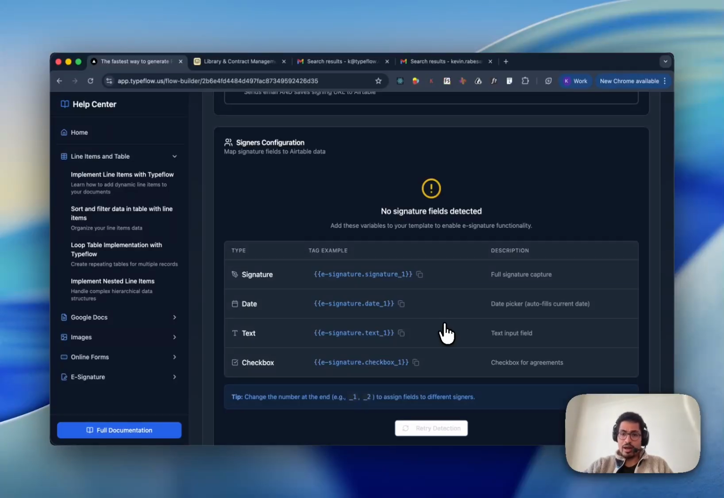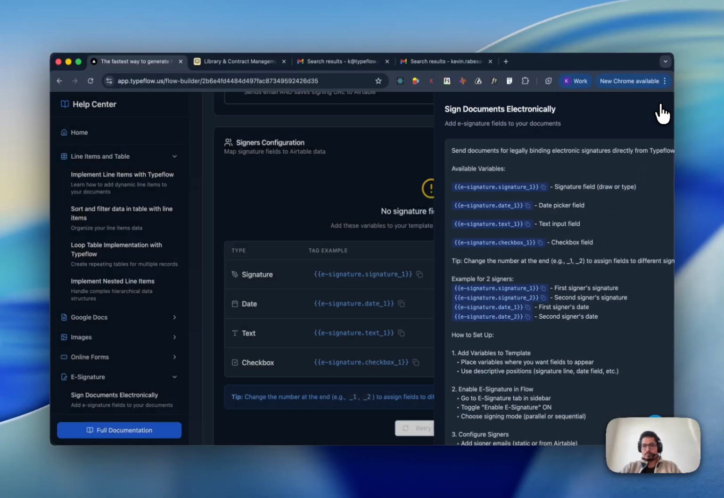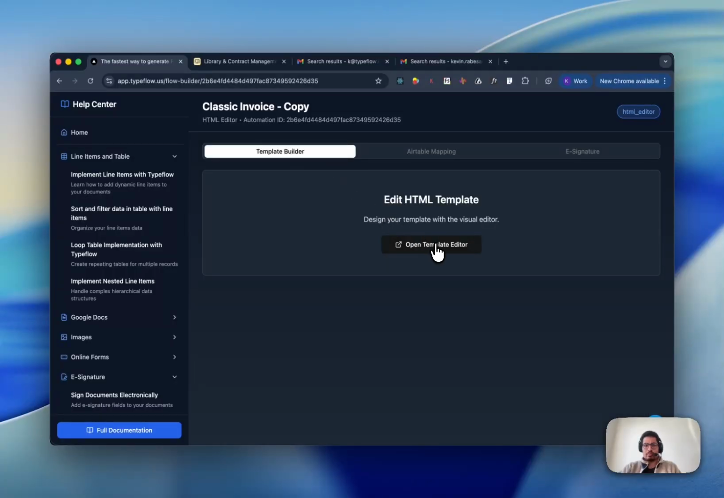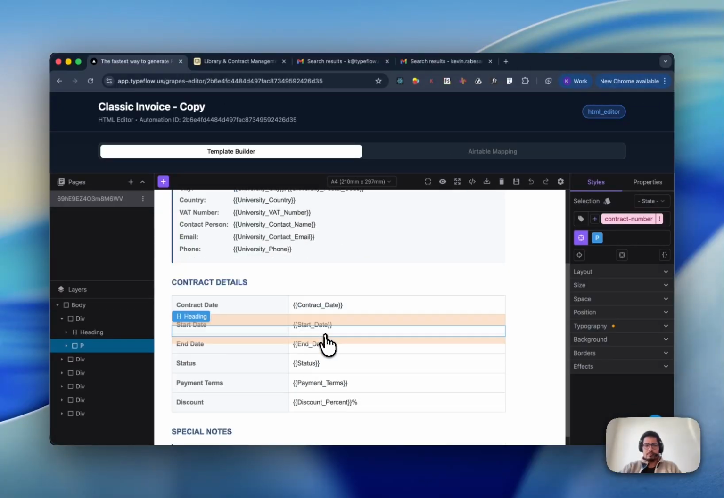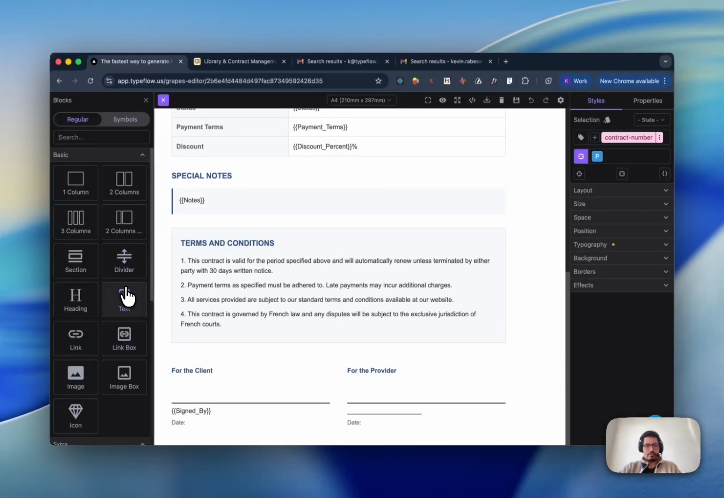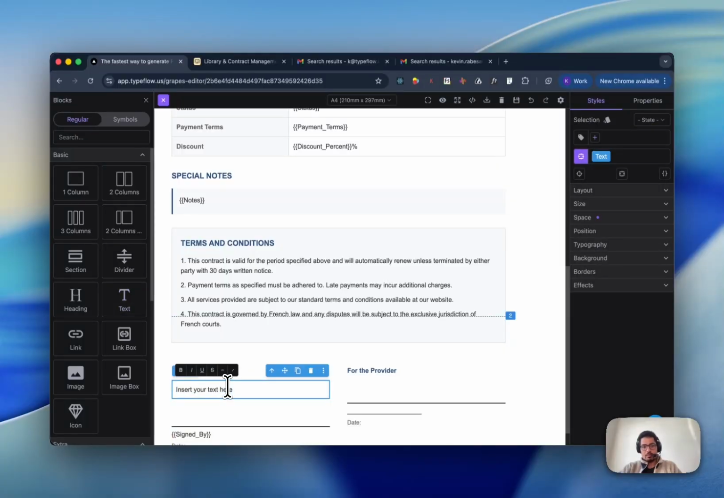And for that, we have specific variables that will be a little bit different than the other ones for the template. So first, what I'm going to do is to copy this variable. You can also find the documentation here if needed. E-signature 1. So now I'm going to the template builder, and now I can add this variable. Now I'm going to paste it here,